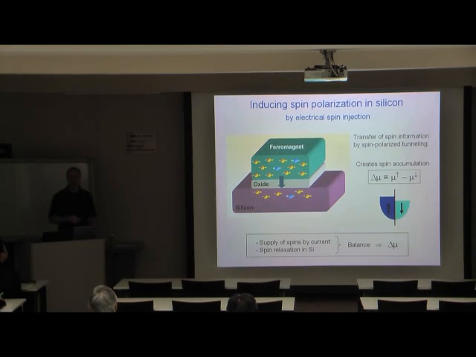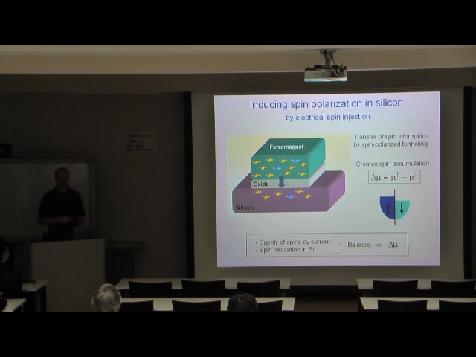What we are going to make use of is spin polarized tunneling. So the fact that tunneling from a ferromagnetic material across an oxide tunnel barrier is highly spin dependent. So if we create a structure on top of silicon consisting of a very thin oxide tunnel barrier and a ferromagnetic electrode, and we drive a tunnel current through the structure, we preferentially inject one type of spin, let's say the majority spin, from the ferromagnet into the semiconductor. This raises the electrochemical potential for that particular spin compared to the electrochemical potential of the other spin, and therefore we create a spin accumulation. So the spin accumulation, denoted by Δμ, is the difference in the electrochemical potential between the two spins.